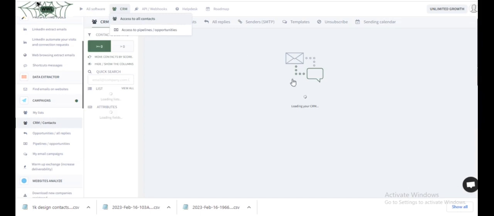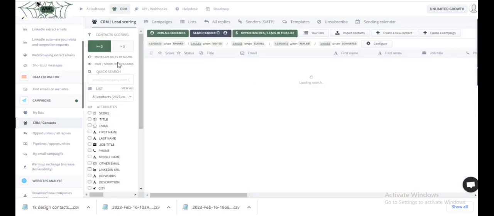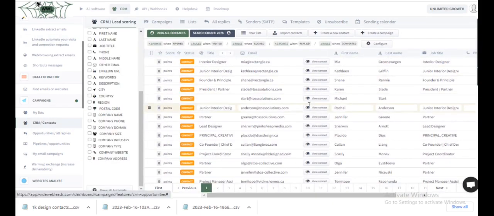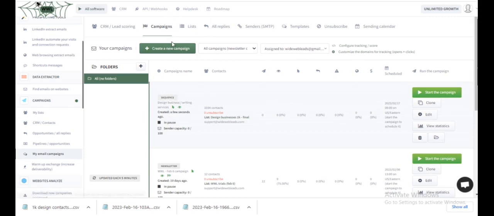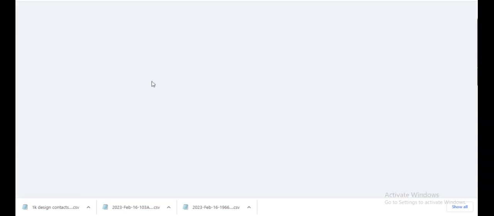You can also track your contacts in the CRM here, an entire CRM where you're managing all of your customer-client relations. You can add new contacts or create a new campaign, which is what we've just done. And then just click Start Campaign when you're ready. And so there you'll be able to send 3 emails to 1,000 prospects. And yeah, so that's essentially sending emails.